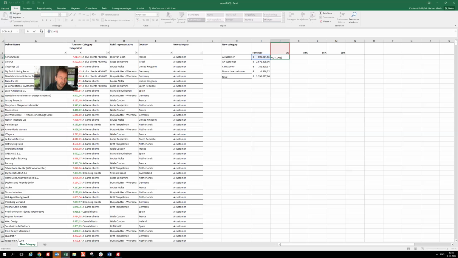So with F4, you move the dollar sign to the I, because that's what you want to keep the same. But for the percentage, it's the other way around. The row 1 should stay the same, and the columns can change. So here, F4, so you put the dollar sign only for the 1, because that's the one thing that should be the same. So if you drag it here and then to the right,